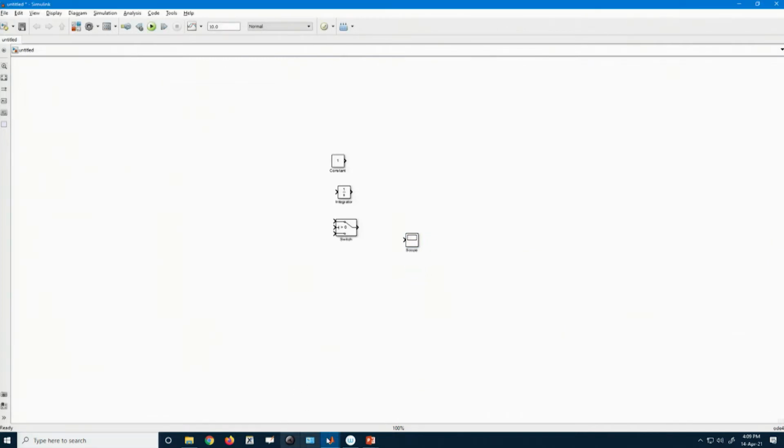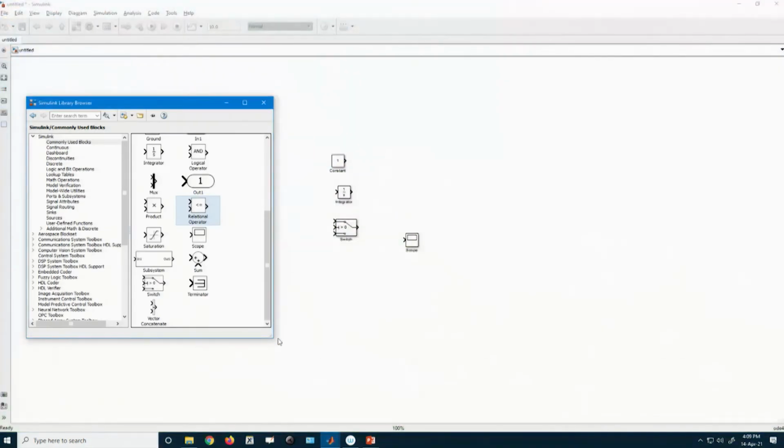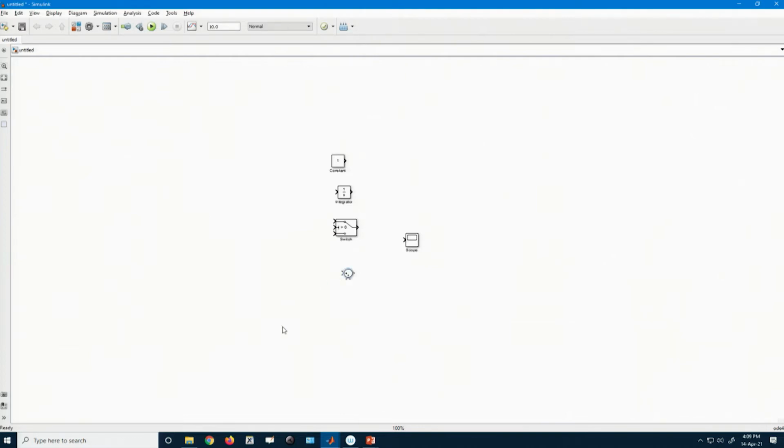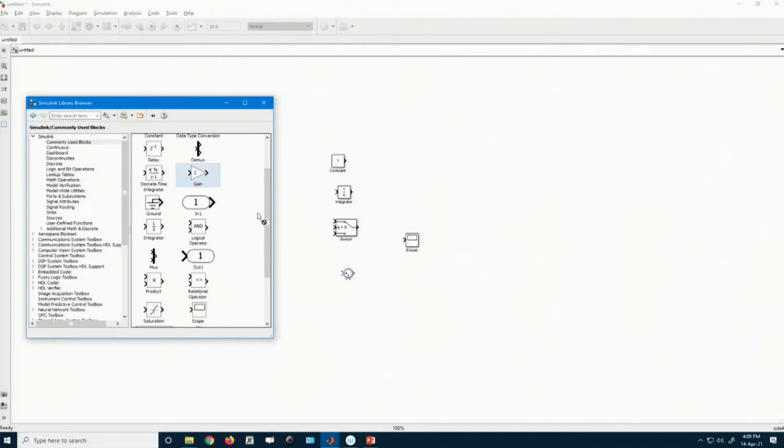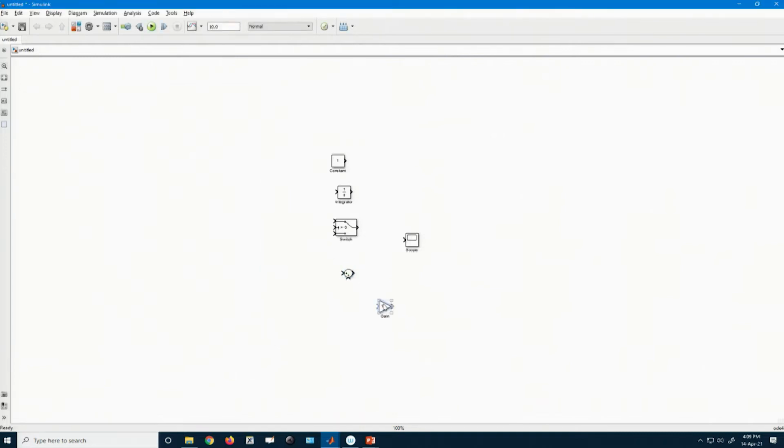At this point we may not require it. Then we need a summing block, and so on, and also a constant, because of the gain, because these are the things we are going to consider in building this Simulink model.